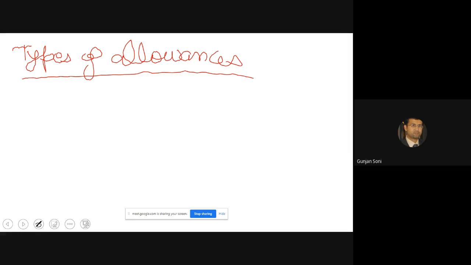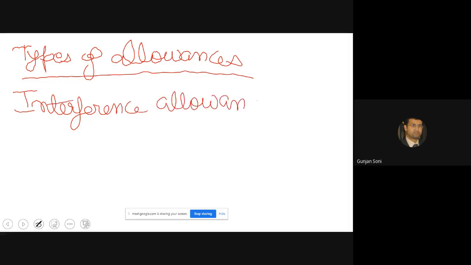So let's talk about interference allowance first. This interference is something which is obvious, which looks like you know it already.